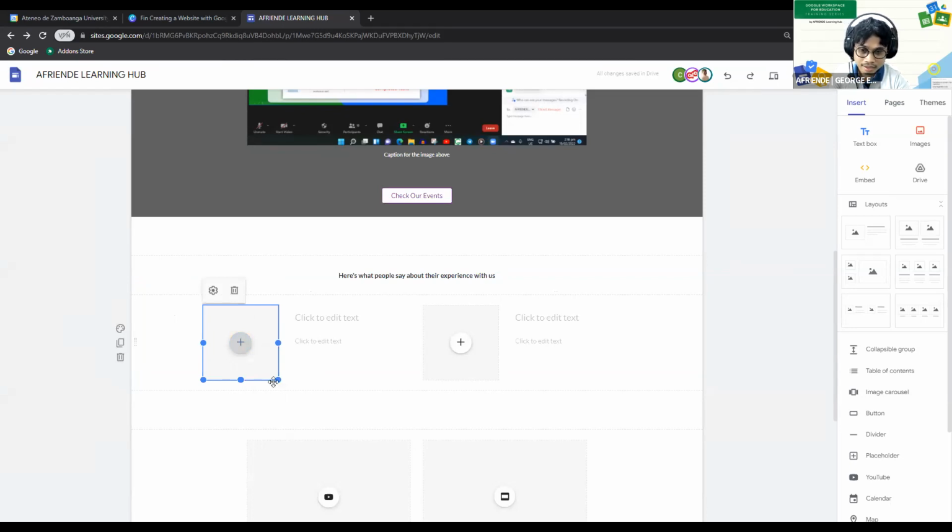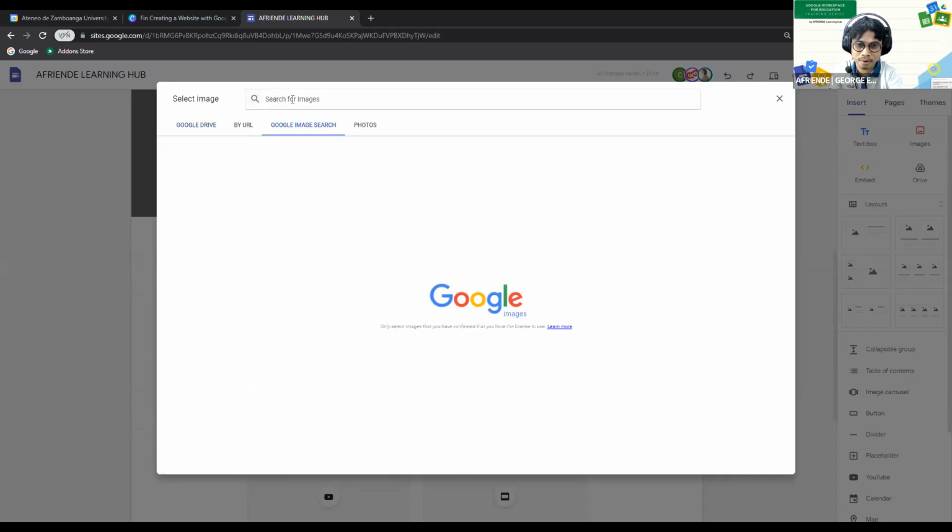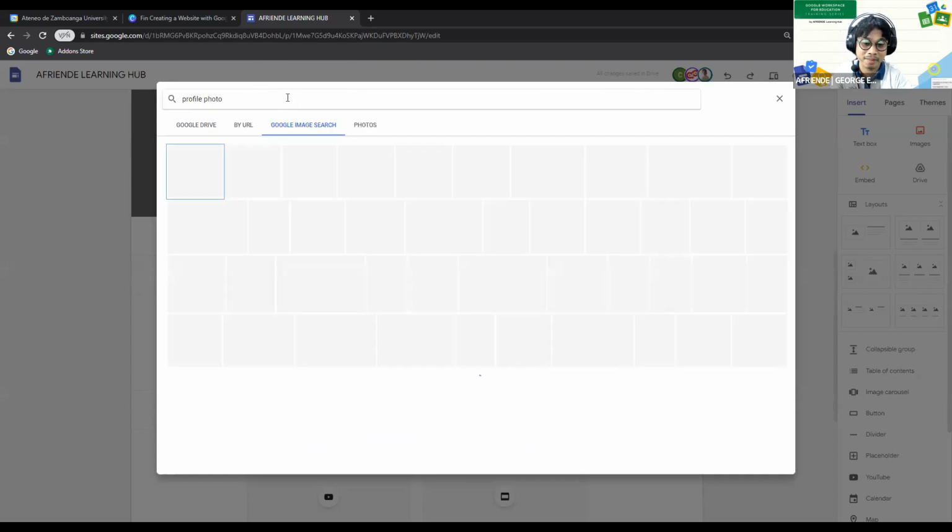Okay. Select image. And then let's search from Google. Kung meron na kayong photos ready from your Google Drive, the better. So pwedeng from here, no? And then I want to take it from Google search site, say profile photo. For just an example, guys. Okay, so sabihin natin,